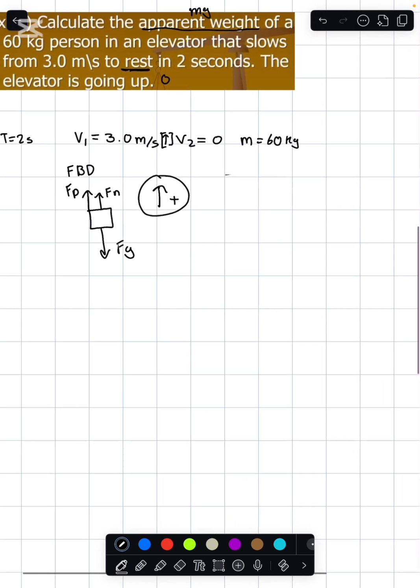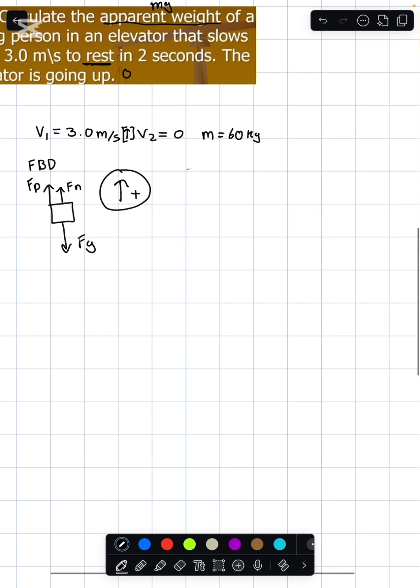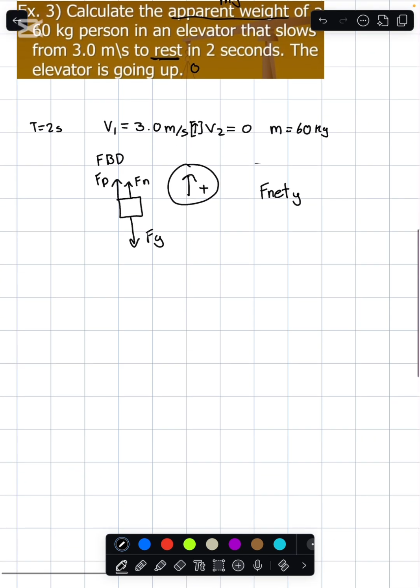Secondly, we have to write our F net equation. So our F net is going to be in the y value because we have nothing in the x value. So the y and the x come from,